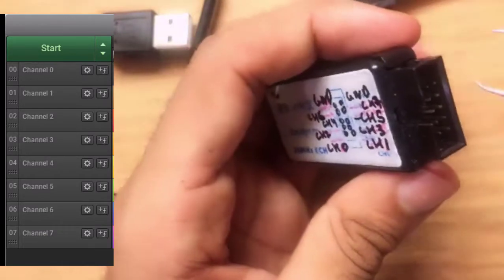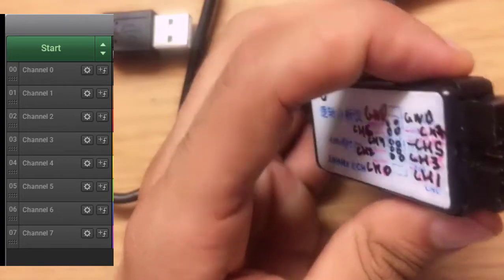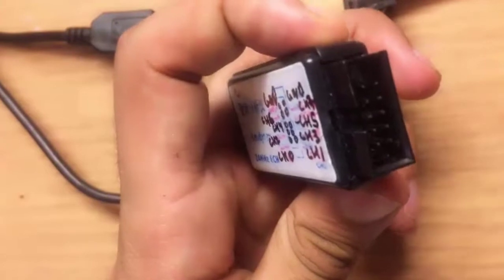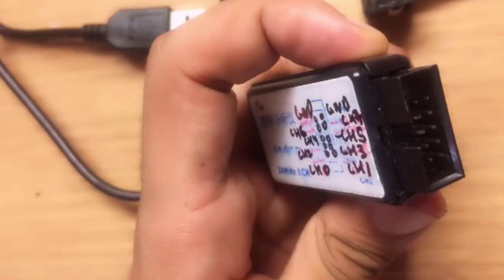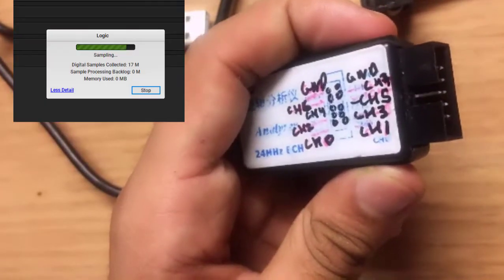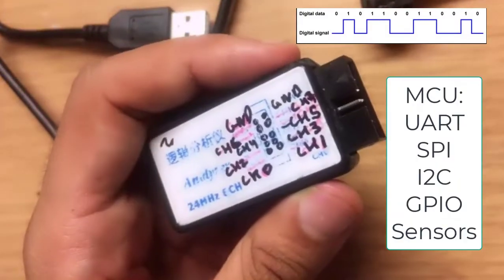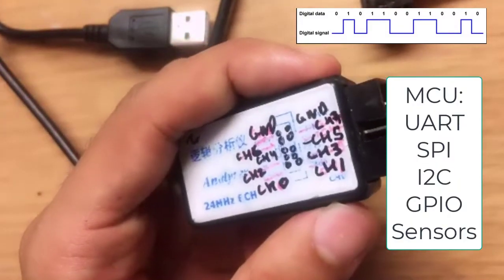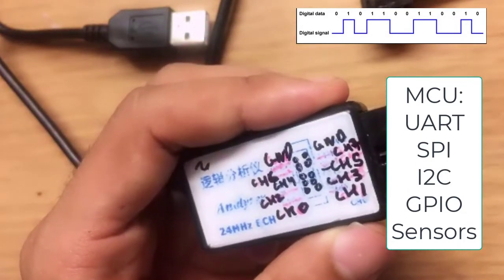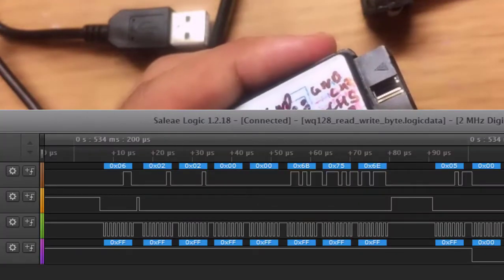As we will see, in the software also there will be sections like channel 0 to channel 7. Each of these channel pins is an input pin on which the hardware analyzer will capture, sample and then display the digital signals coming from the microcontroller peripherals like I2C, SPI, UART, or the GPIO connection pins, or the sensors' input output signals, or the LED switches, or any kind of digital circuits, and then we can see them in our software.